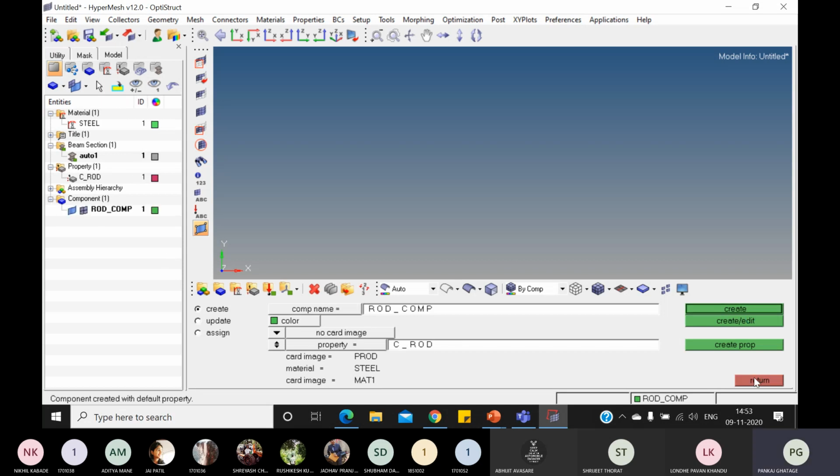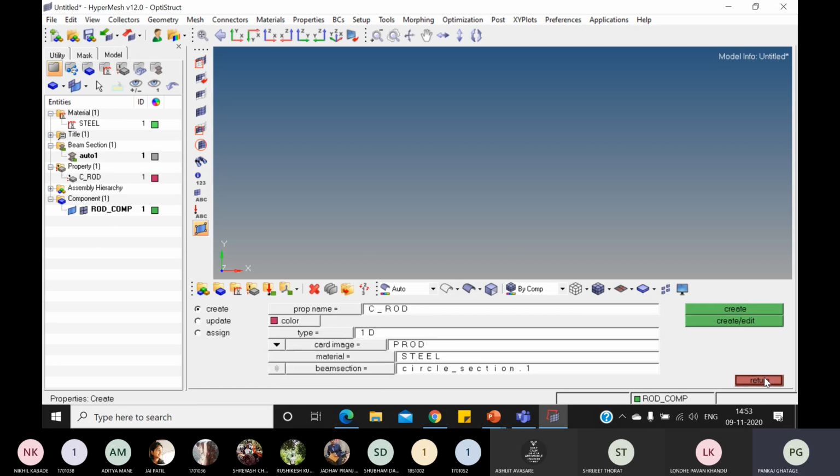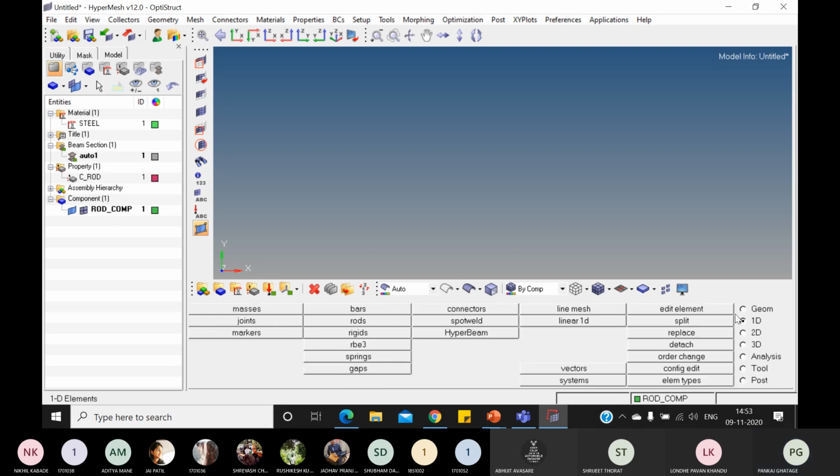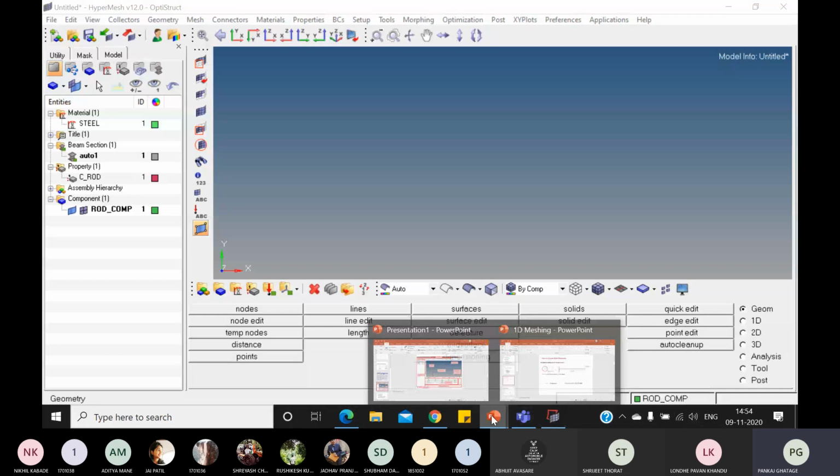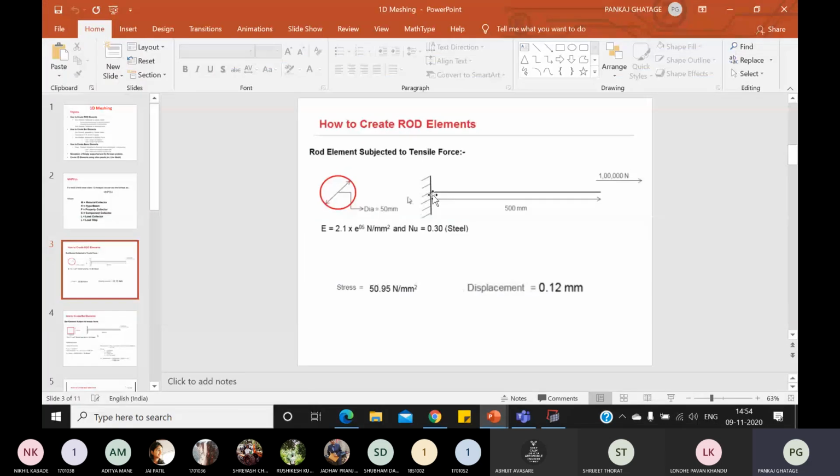Now it is here, then immediately you can create the component. So go to the geometry. For creating component, we have to go to the geometry. So what we can do, we will create two nodes, first node and end node with a distance of 500 mm. Okay. And then one node we are going to fix and the other node we are going